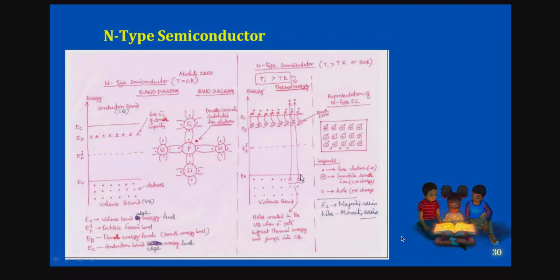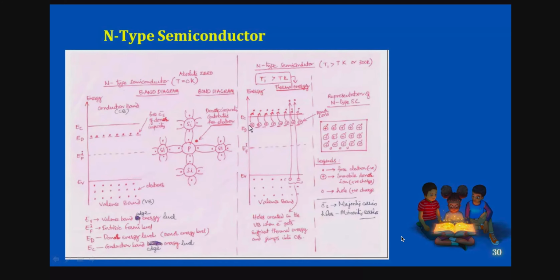Now when electrons jump from the valence band to the conduction band, a vacancy is created. So we can say holes are created in the valence band when an electron gets sufficient thermal energy and jumps into the conduction band, that is due to thermal excitation. Here you can see positive immobile ions. These are called donor ions. Why? Because when the electron jumps, it leaves a